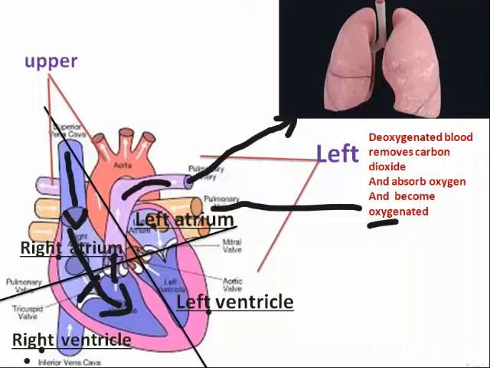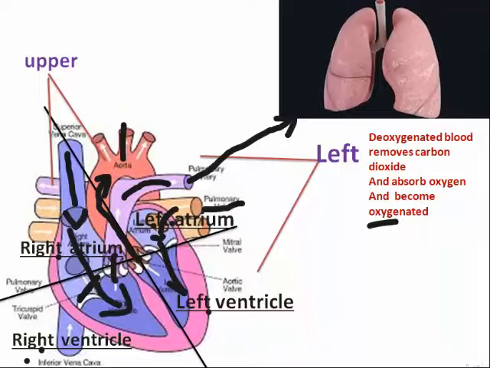Okay, here is shown the pulmonary vein, and the pulmonary vein then moves this blood to the left atrium, and then this left atrium moves this blood to the left ventricle, and then the aorta is attached with the left ventricle, and this blood moves toward all parts of the body through this artery. Okay,